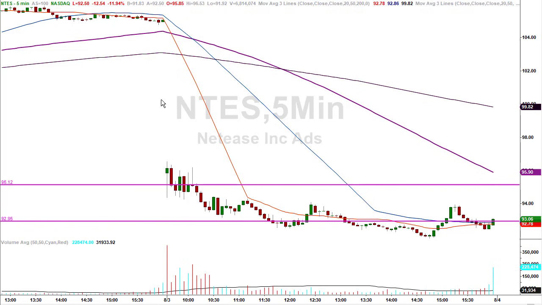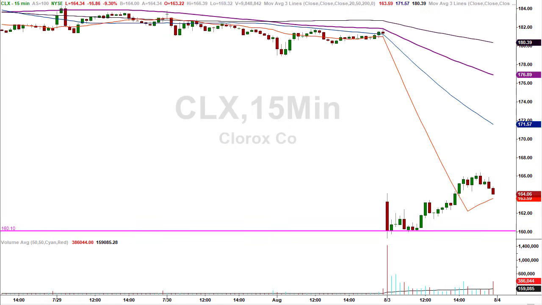So you have to wonder sometimes, here's a stock that closed yesterday at 105.04. How do you know that 95 is going to stop dead in its tracks and at least provide a minimum required base hit? Well, you've got to know your numbers. Like Clorox, how about 160.10? You've got to know your numbers.